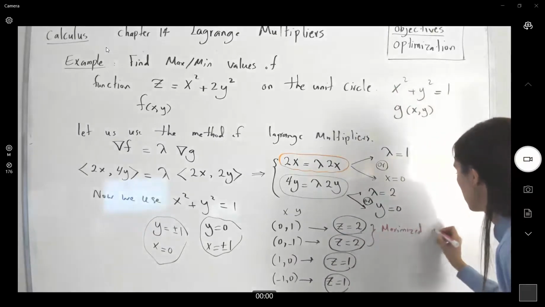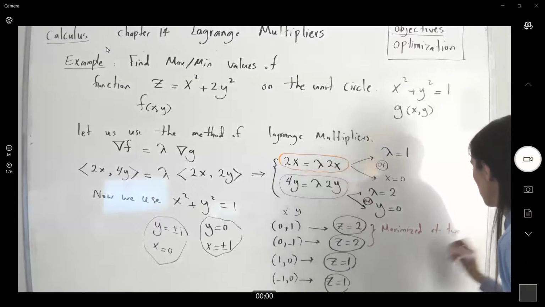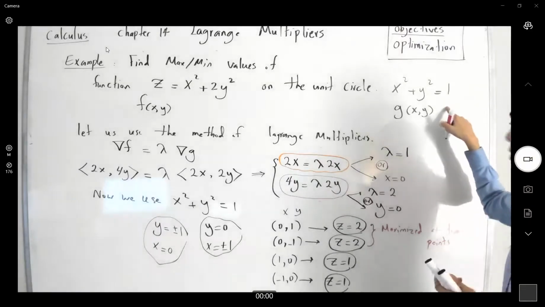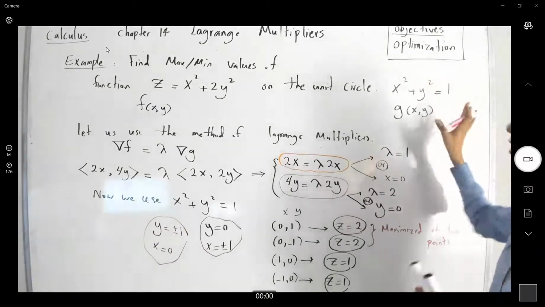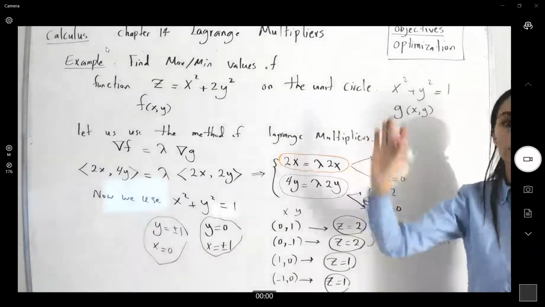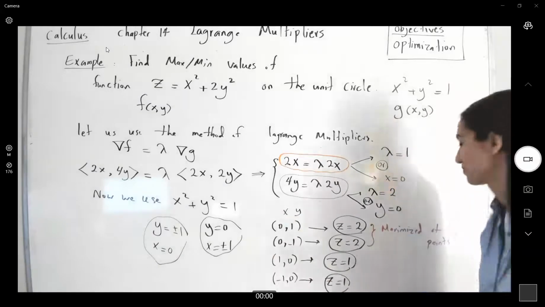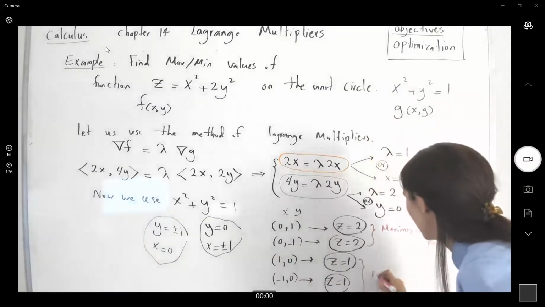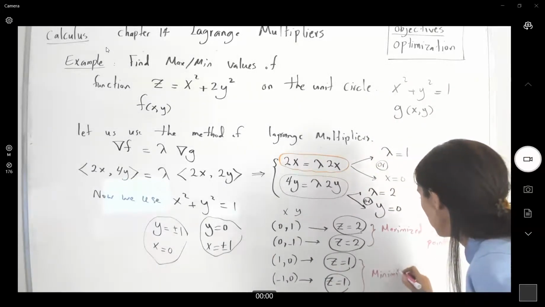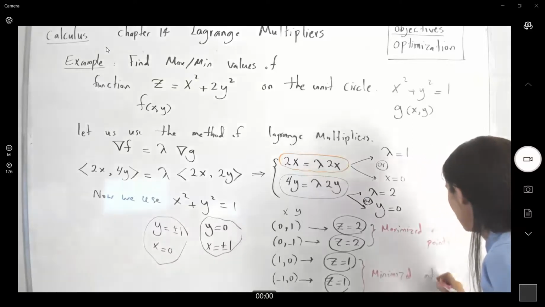Maximized at 2 points. Again, all of these are restricted to this function. If we eliminate this function or use a different function, we don't get these values. And here you have minimized at 2